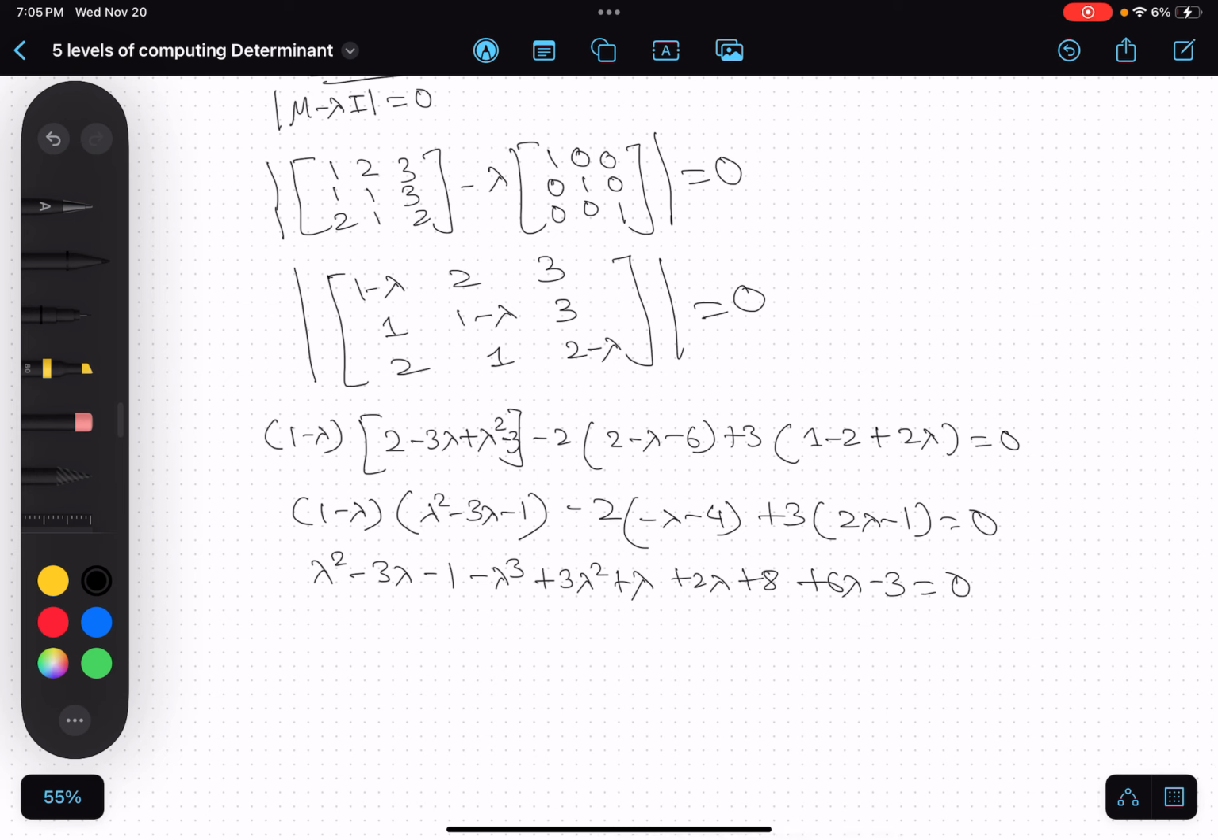Now there's 1 minus lambda cube, and there's 4 lambda square, and there's 6 lambda, and 8 plus 4 is equal to,